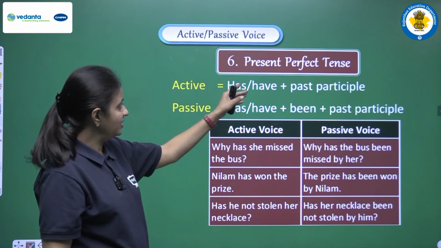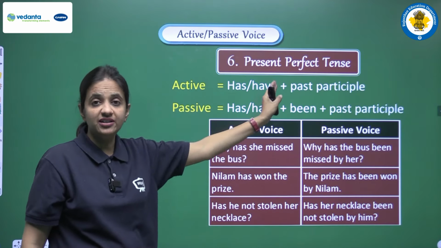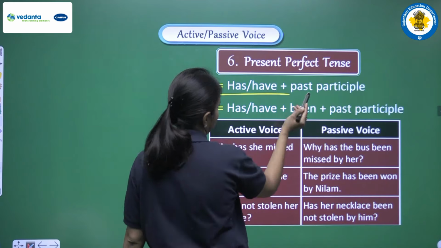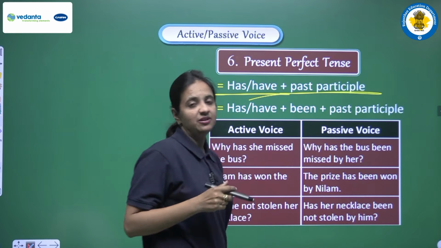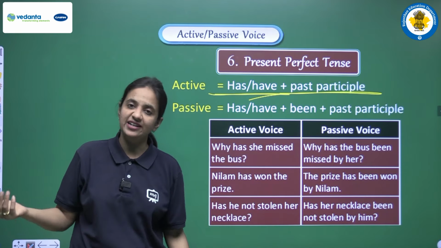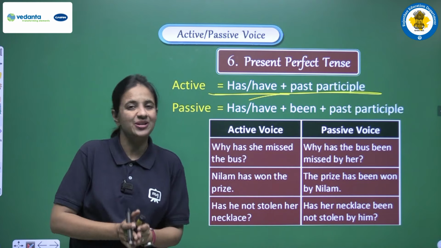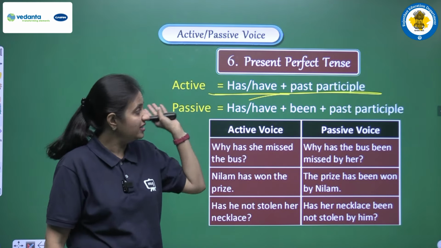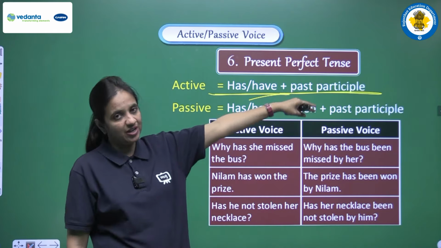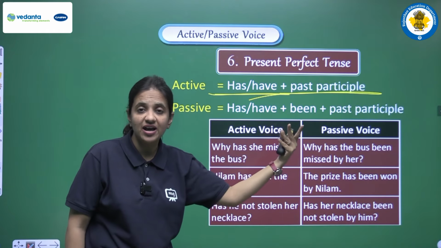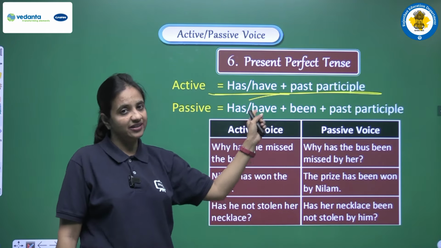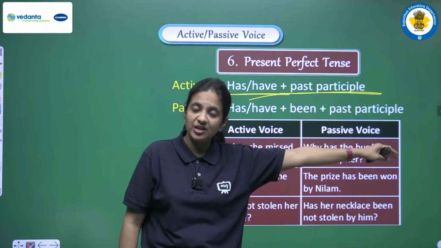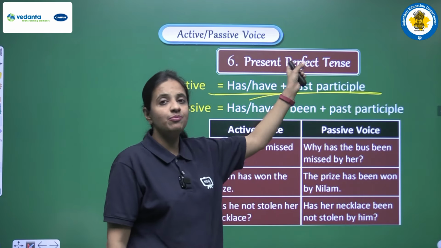Next tense that we are having here is present perfect tense. So present perfect tense means has, have as helping verb and past participle means third form of the main verb. Right, ये हम सारी चीजें कर चुके हैं ऑलरेडी बहुत डिटेल में. ओके, सो इसीलिए अब हम डिटेल में नहीं कर रहे हैं. We are just talking about the helping verb and main verb of the tenses to identify what tense is there in the sentence. So if we are having has, have as helping verb and third form of the main verb, it means we are having present perfect tense.